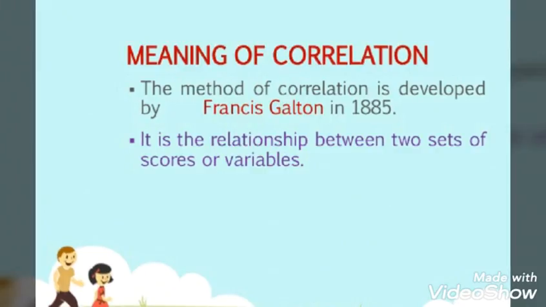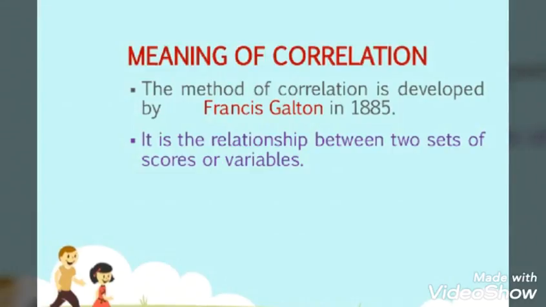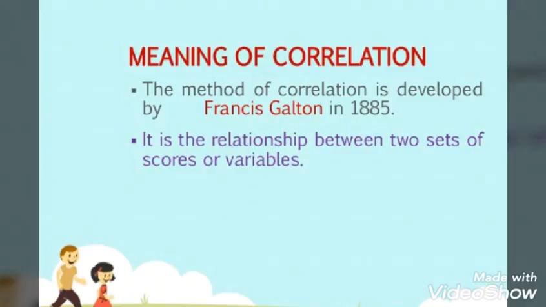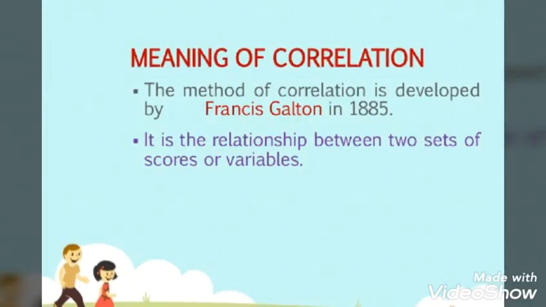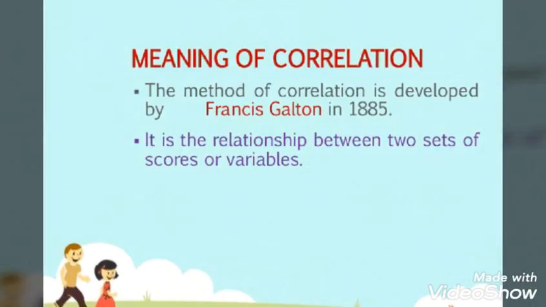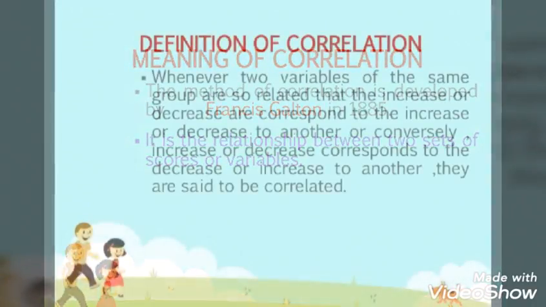So your variables are the terms that you are taking in a problem statement, like height and weight, then appearance and characteristics. These are what variables mean, and when you are showing changes, it is by means of correlation. You are showing the relationship between two variables, then you are showing the changes that are occurring. Then we'll see the definition.